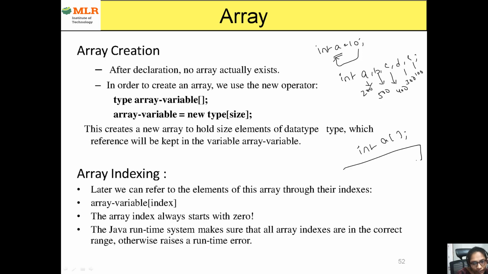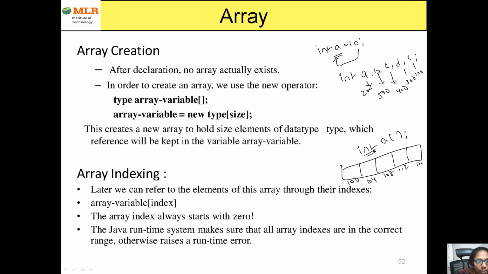In arrays, if I take the size of the array as 5, the integer size will be 4. So the first element will take 4 bytes, and the next addresses will be 104, 108, 112 and 116. So all the elements will be stored sequentially. If you want to store all the elements together, then you can use arrays. But in an array, you can store only similar data type elements. If it is an integer array, I can store integer elements. If it is a double array, I can store only double elements.